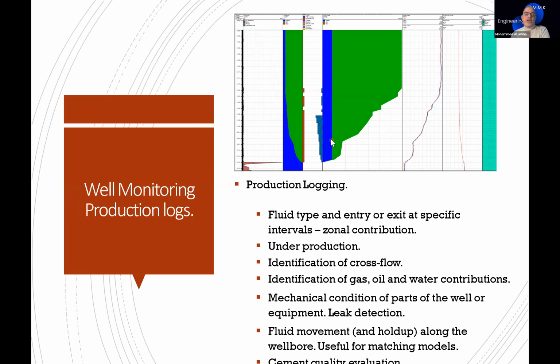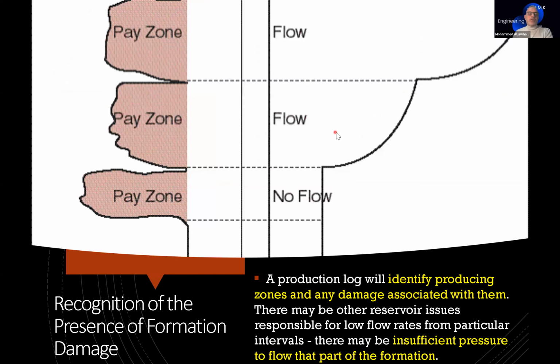for the total flow rate for the whole wellbore. The other thing we can consider from production logging is the cement condition. If we have any cross flow, if we have leak detection, we can know immediately if there is any problem with the cement, and how we can plan to overcome this problem. Otherwise, we will have more water breakthrough, and that may cause the well to die or unwanted amounts of water in the facilities. So, recognition of the presence of formation damage,